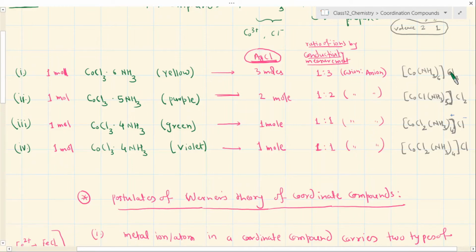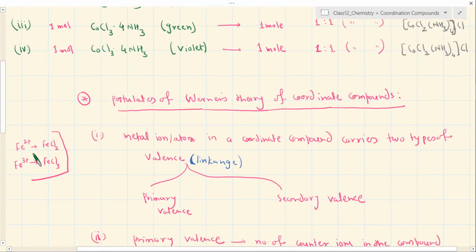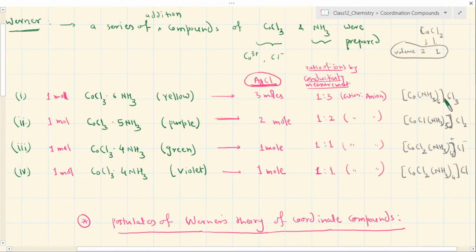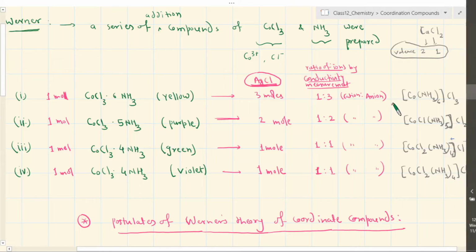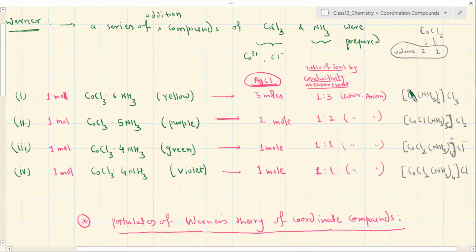See, this part is simple. In the whole of this chapter you will see that we will not be discussing this part, because this part is simple. This is simply ionizable. We don't have anything to do with this, because it is an ionic part and we know that it is an ionic bonding, and that doesn't decide much about the whole property of the complex compound, because it simply dissociates, right? So much of the property of the whole complex compound is decided by this part which is represented inside the bracket, where you have the metal and all the groups or ions which are attached by secondary valence. ठीक है ना? So I am talking about this part only.